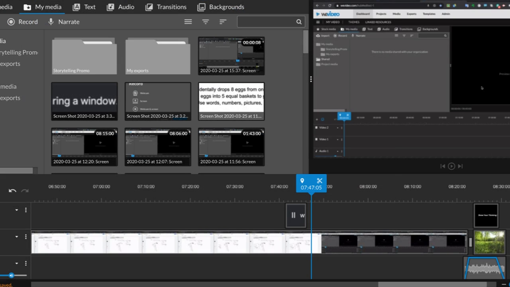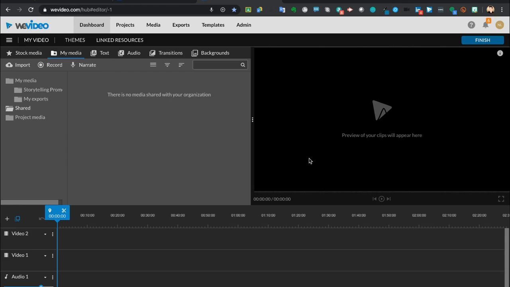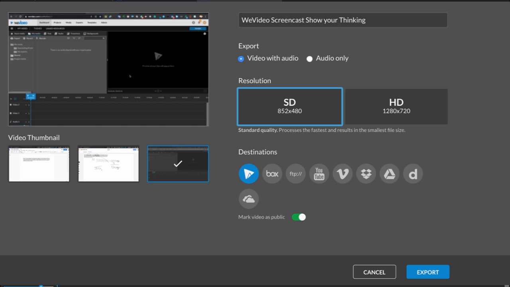It automatically will put the video into your queue, and then you just drag it into your video layer, and then you can add music, you can add text, you can do whatever you want to the video, and then you're all done. You press finish and you share it with your students through a variety of different options. You can go with Google Drive, or you could go with YouTube or email it, whatever is best for